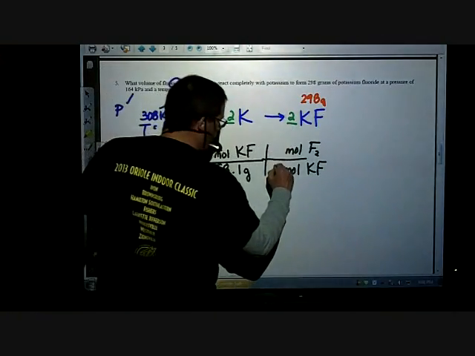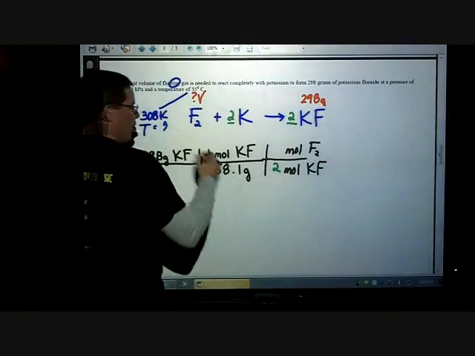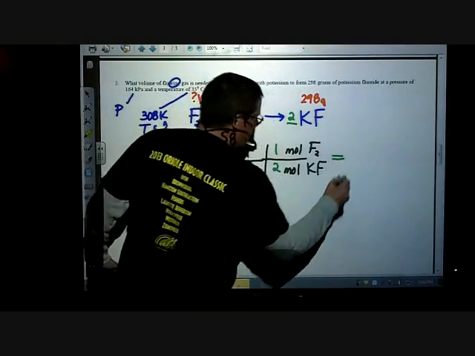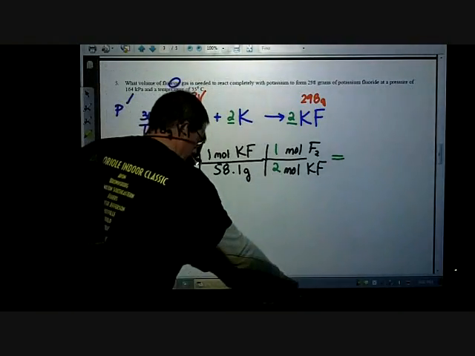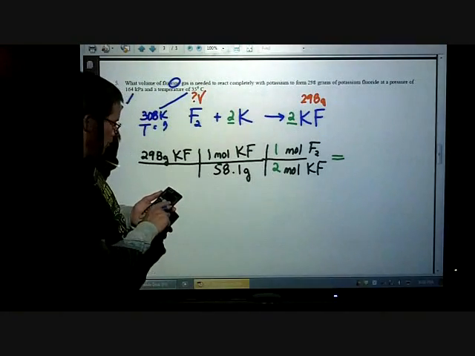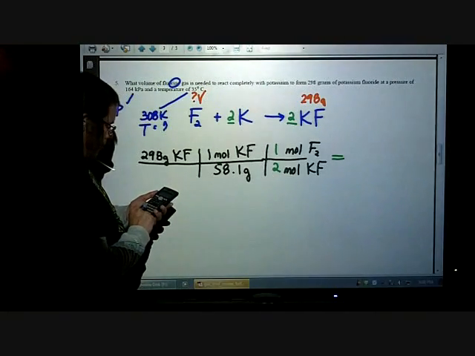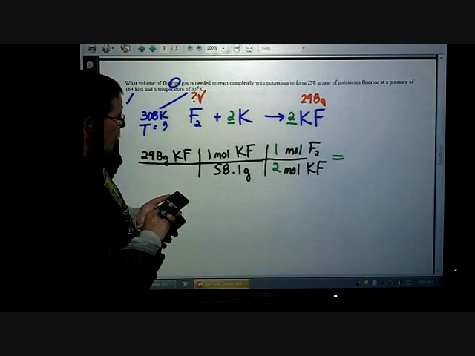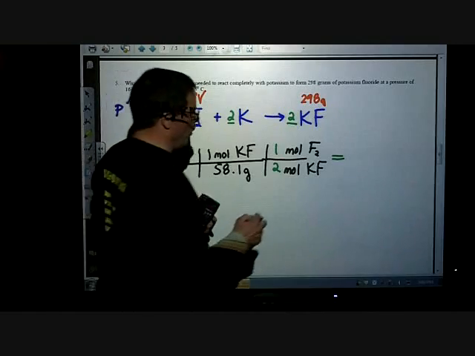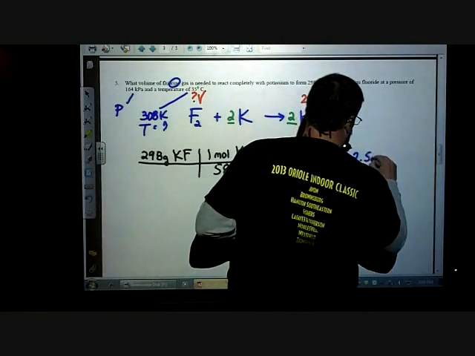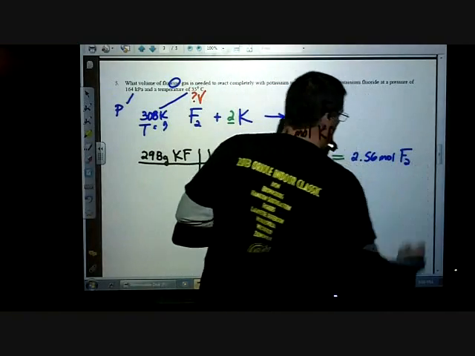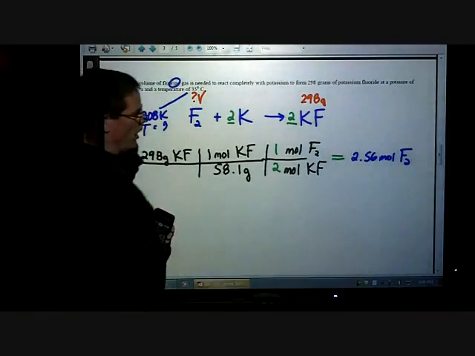Well, there's a 2 for our potassium fluoride, and there's a coefficient of 1 in front of our fluorine. We need to find out how many moles of the fluorine we actually have there. So we can type that out. So 298 divided by 58.1. And then we're also going to divide that by 2. So I get 2.56 moles of my fluorine. So now I have my N value. So now that I have my N,